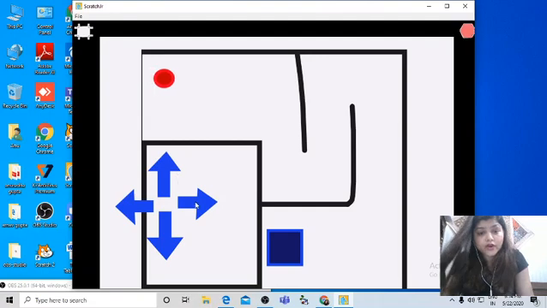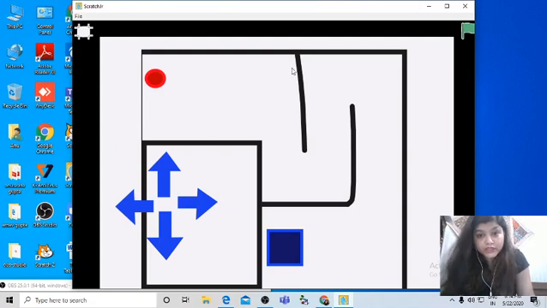If you click on the left arrow, you can see our red dot moving leftwards, right? And the moment it touches the black line, it will go back to the previous position from where we began. Okay, now you understand the rule, right?